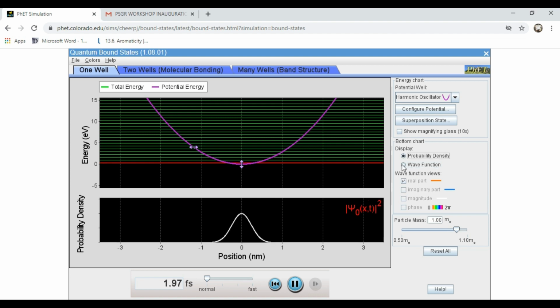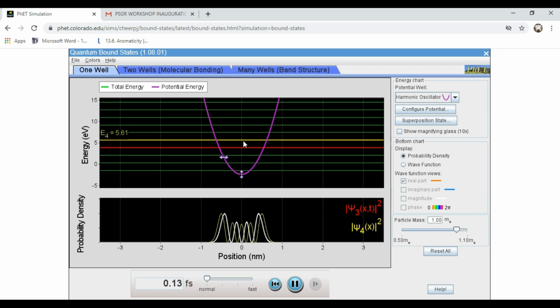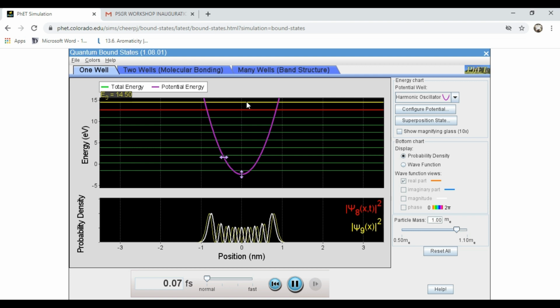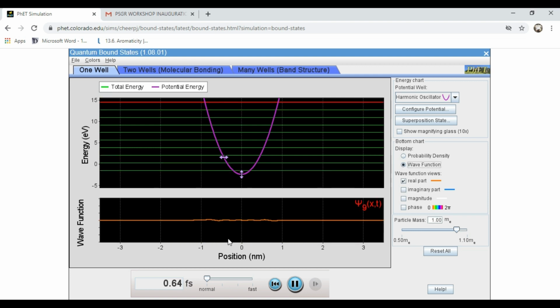Then click configure potential, then set a potential energy and you can adjust the angular frequency. You can see that the Morse curve is refined now. As I click energy levels, you can see the probability density graph displayed below, and also the normalized wave function equation. Click wave function, you can see the wave function graph. As you click the energy level, it helps you to get some clarity about the vibrational spectra to understand the Morse curve.